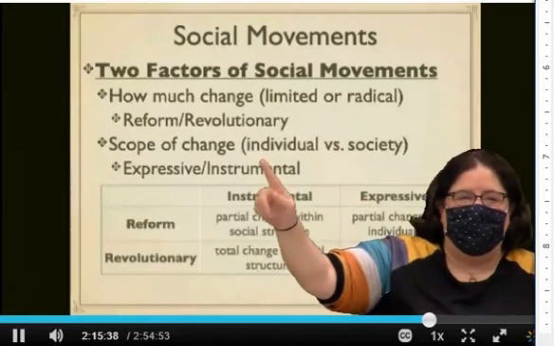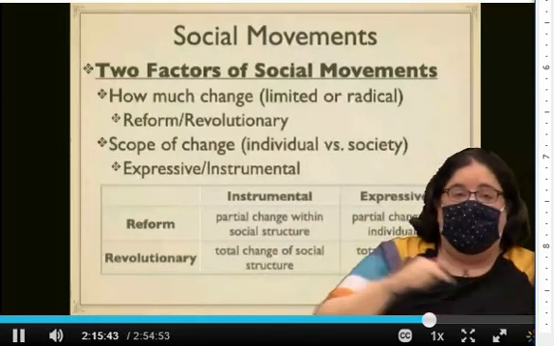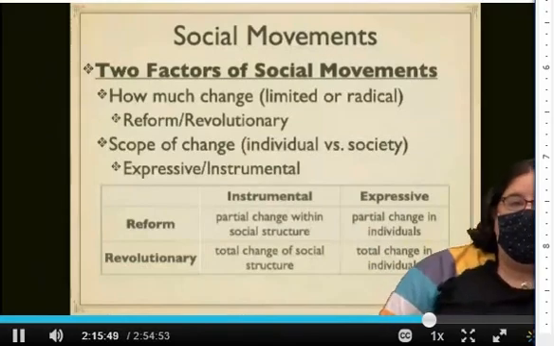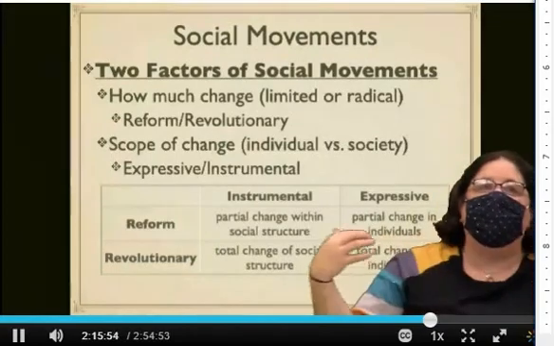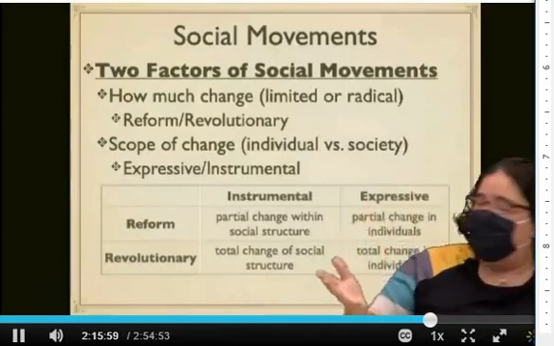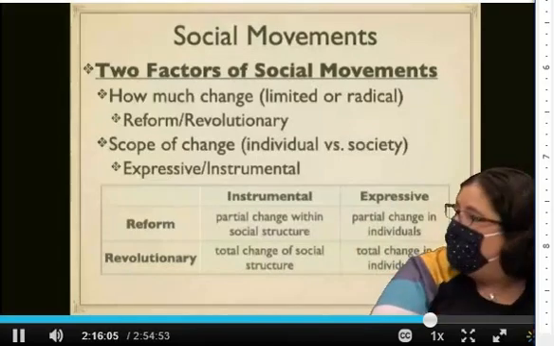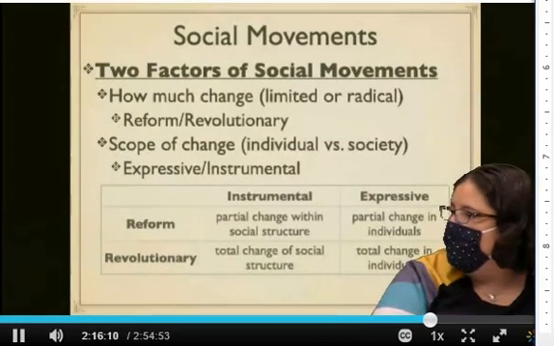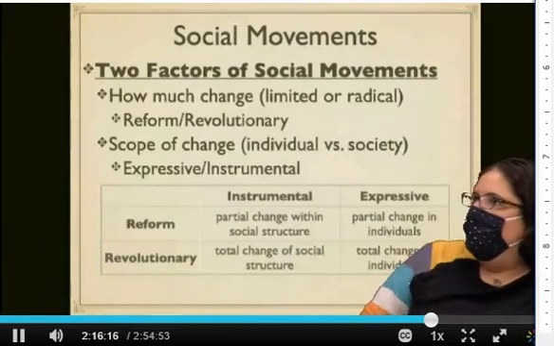So then the second question is, the Unist'ot'en, the group that we were watching with the pipeline, right? What do we think about the scope of the change that they're trying to encounter? Are they trying to make change in individuals' behavior, or at the level of society? There's not a right answer to this, but what do you think? I would say you could actually make an argument. They are specifically fighting with that oil company, but they're trying to get society in general to honor their sovereignty. Right. So it's kind of both at the same time.